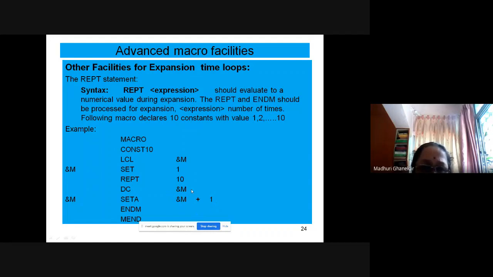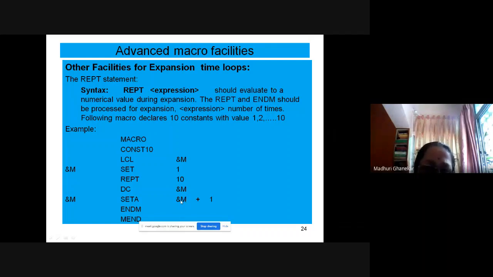Earlier M was 1, it declares 1 as a constant, then M becomes 2, goes back, declares constant 2, then M becomes 3, declares constant 3, and every time increments M by 1.